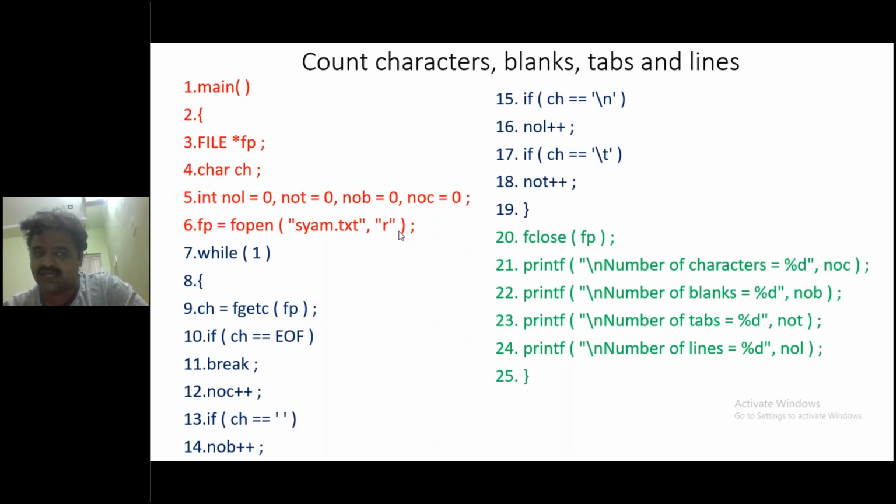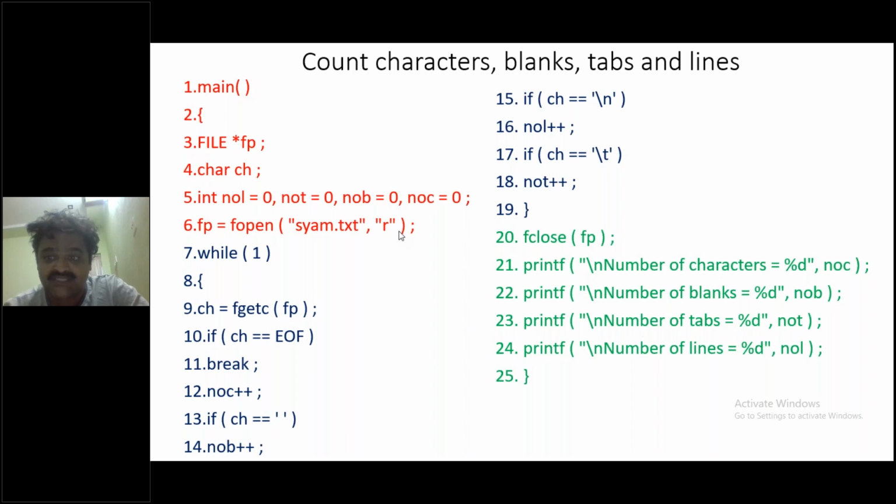While the condition holds, the particular set of statements, from statement number 9 to 18, will be executed as long as the statement inside the while is true.